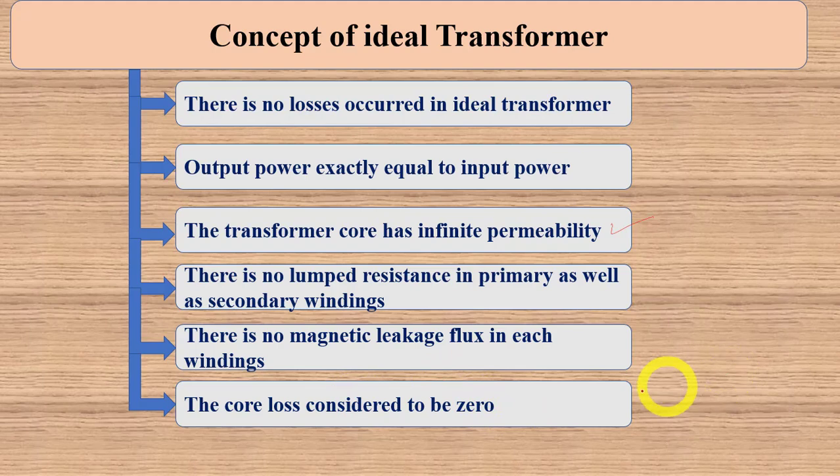Core loss is also called iron loss or fixed loss of the transformer. It depends on operating frequency as well as operating voltage. Both quantities, operating voltage as well as frequency, are constant nationwide for every country or operating zone. So this is a constant. That's why core loss is also known as fixed loss or constant loss.